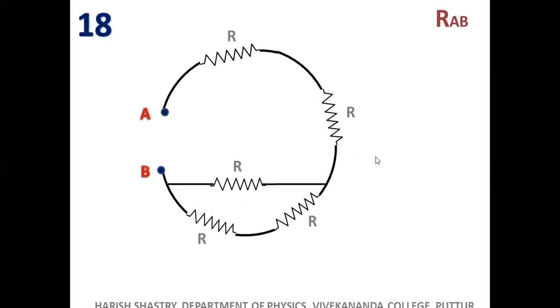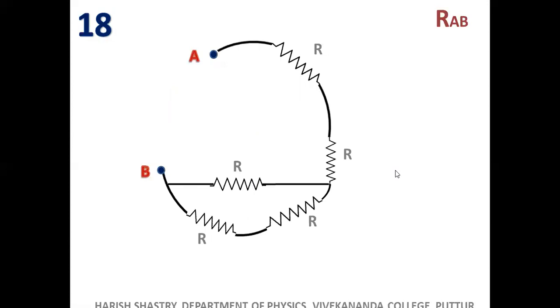Okay, 18th one. Right. This is the 18th problem. You are asked to find out resistance between A and B. Similar one, right? But there are no other resistors which can be made common here. Now, it is made into a circular appearance so that you will get confused most. Actually, you can bend it. So, resistance between A and B is asked. You can bend it and bring it here. So, shall we move this to the right hand side so that it appears somewhat like an ordinary circuit.